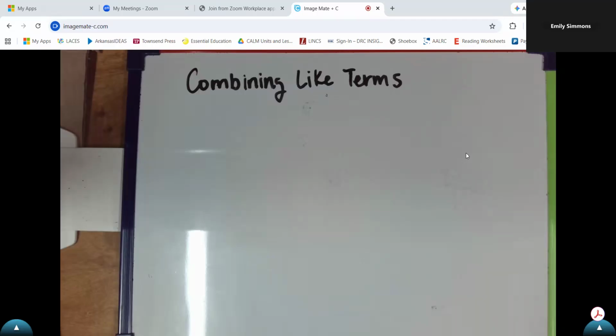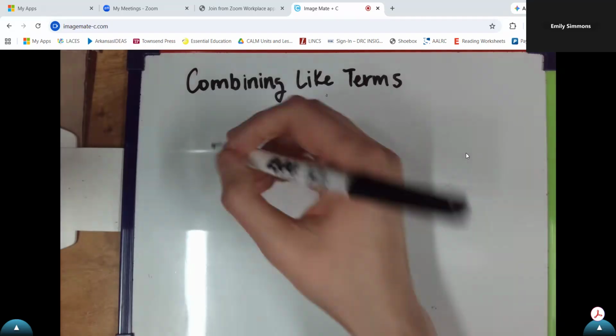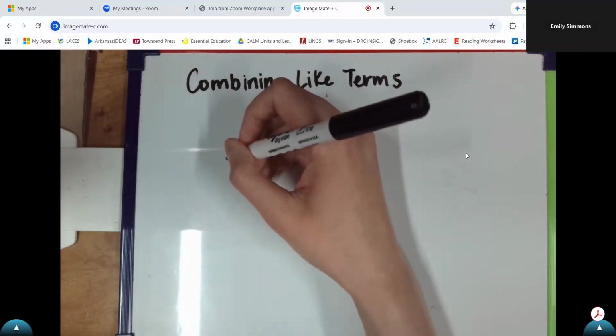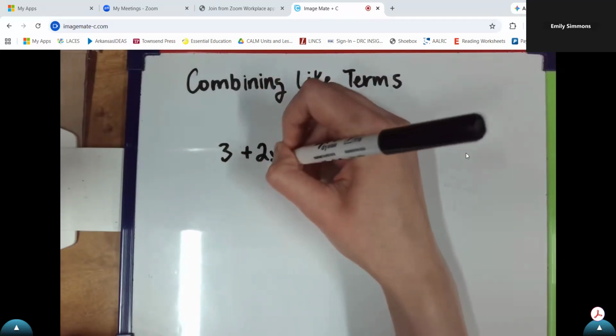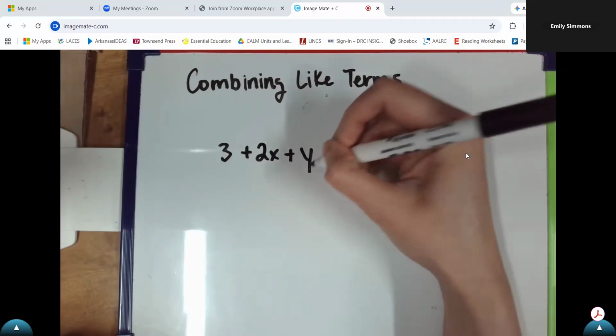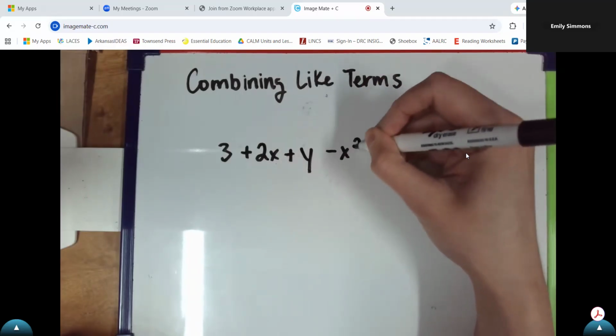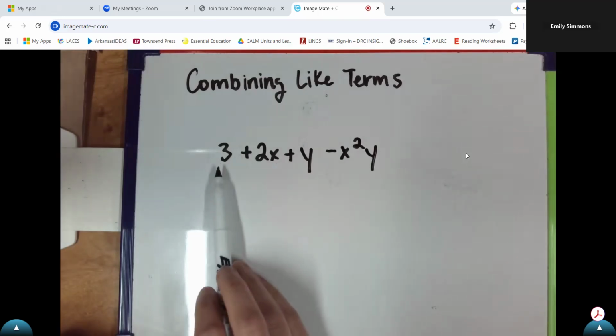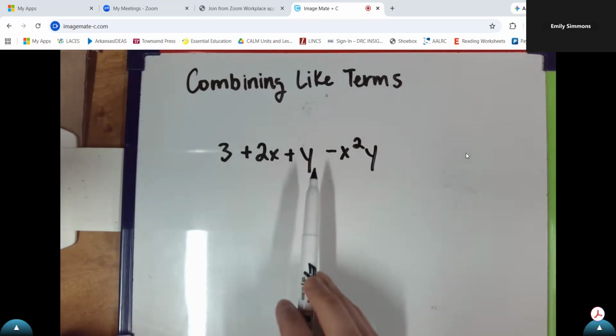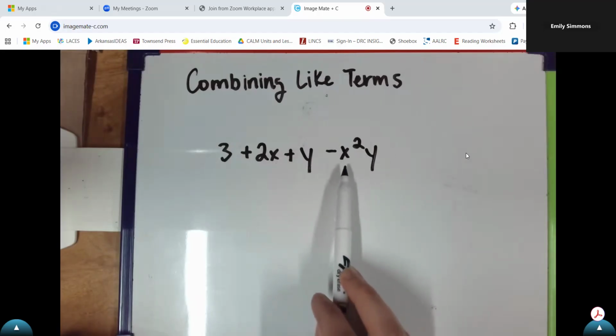All right, today we're going to look at combining like terms. So when I say terms, I'm talking about numbers, variables, and exponents that are separated by addition and subtraction, or combinations of numbers, variables, and exponents. So 3 plus 2x plus y minus x squared y has 4 terms. 3 is a term, 2x is a term, y is a term, and x squared y is